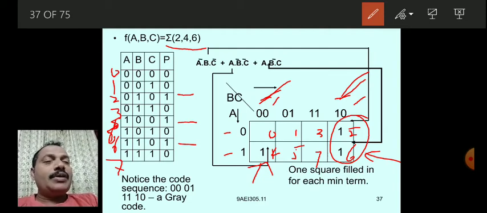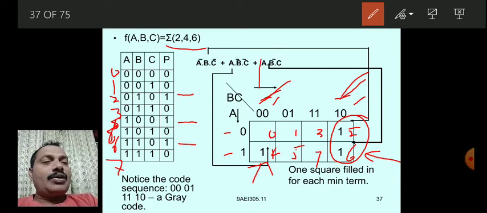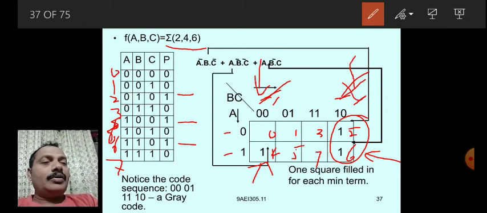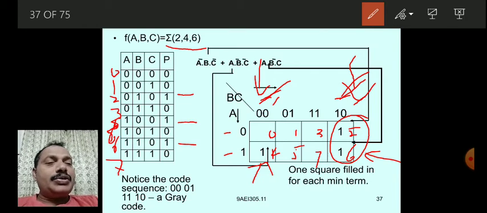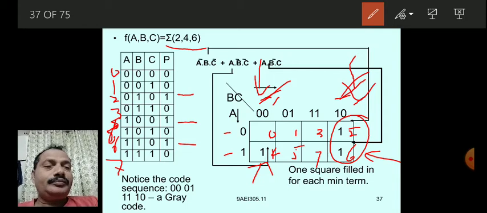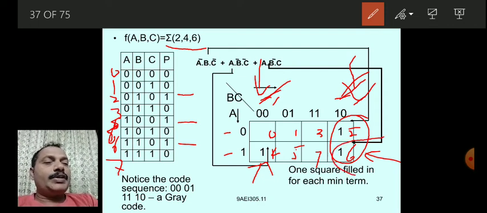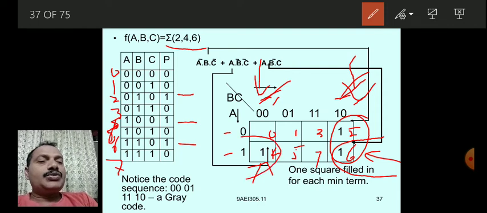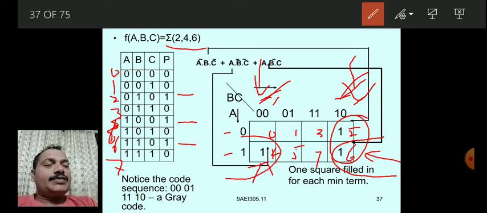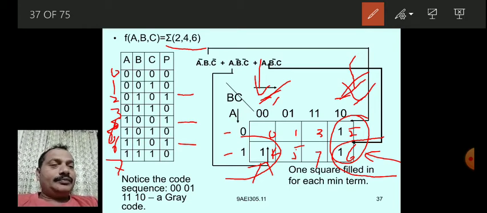So always remember that this column and this column are logically adjacent to each other. Hence we can make a group like this. The second group is this one and this one. Now let us write a simplified expression for this.